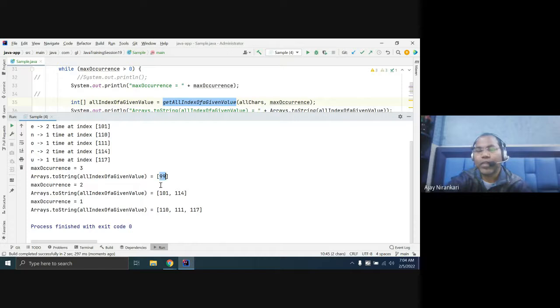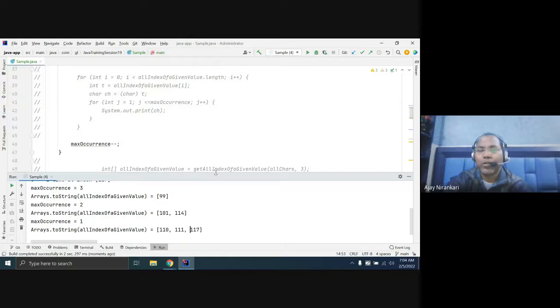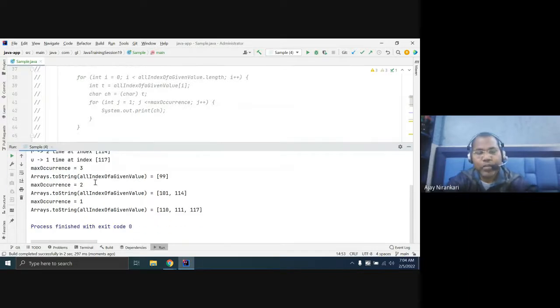This is the ASCII of C, the ASCII of each different character, right? So now, how to print it. You notice we have a max occurrence of 3. This array length is only one, so this array content is your C. You have to print C 3 times, right? So this is the loop, we say 1, 2, 3. Which character you want to print? Get the array position, this is your character.